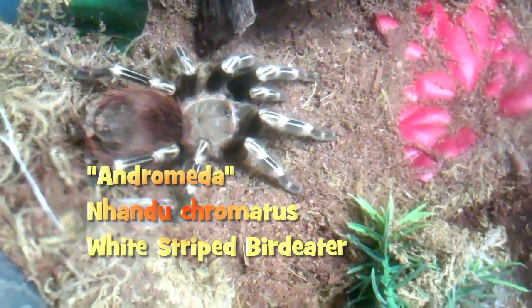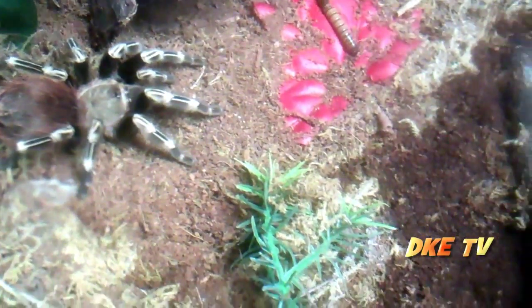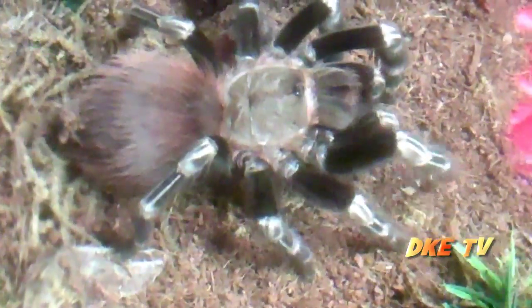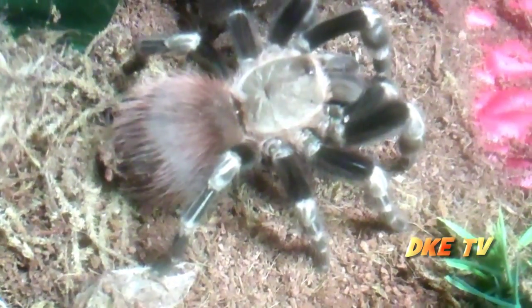Andromeda is a Nhandu chromatus, the Brazilian white striped bird eater. And this has been the first time in a while that she's been out in the open. Colors are actually really dull. You see the carapace is normally kind of a silverish white tone to it. Right now it's really dull. It almost looks like a really dull olive green. Just pretty much all around really dull. Due for a molt. This one's already 4 inches long. It's a big girl,